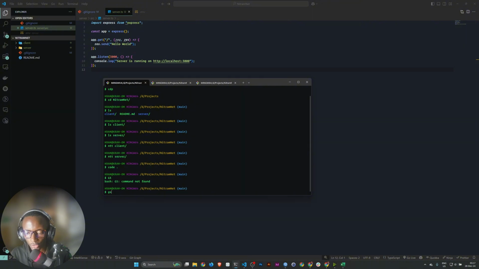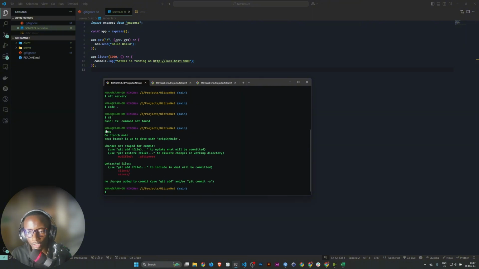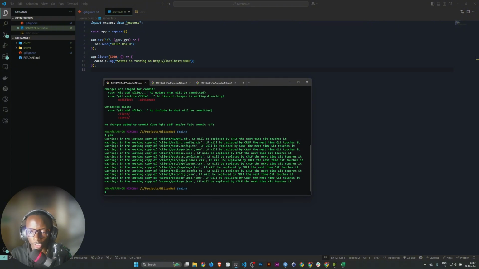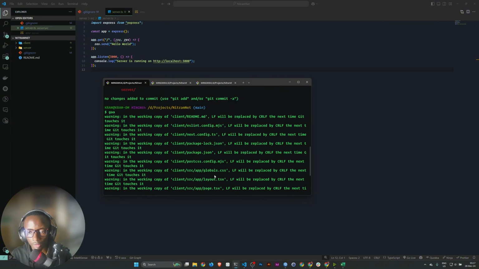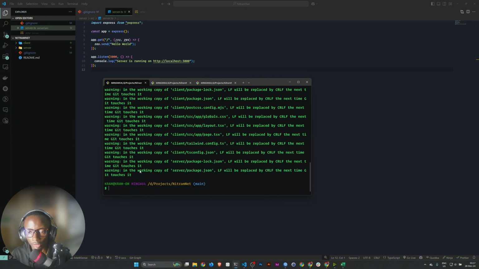So I have some aliases on here, like for git status, that's GS. I can see there's some untracked files in the client and the server, and the modified gitignore file. So I'll just add all. Zoom in a bit. So GAA, that's for git add all, and then commit, and the message.